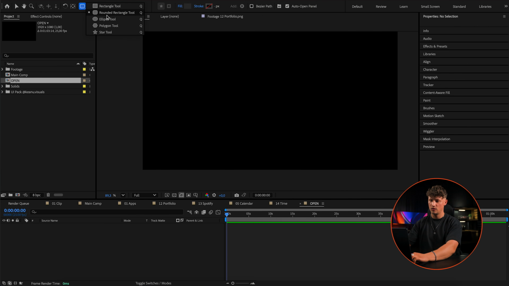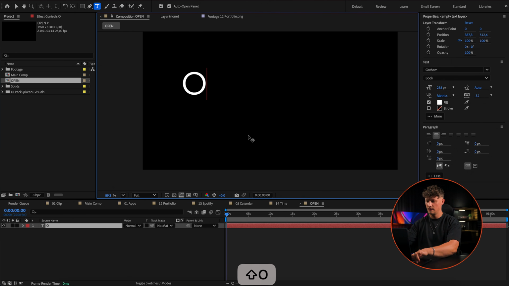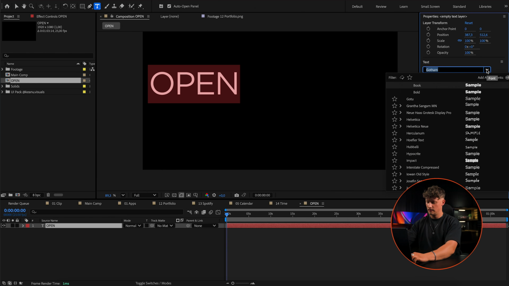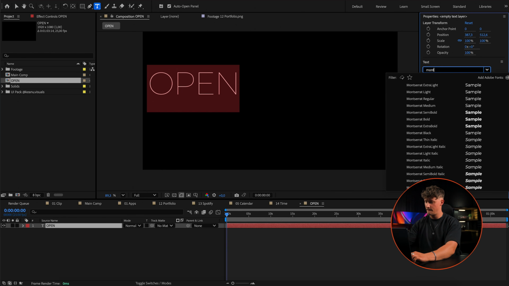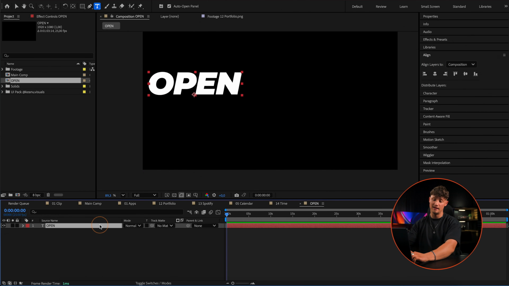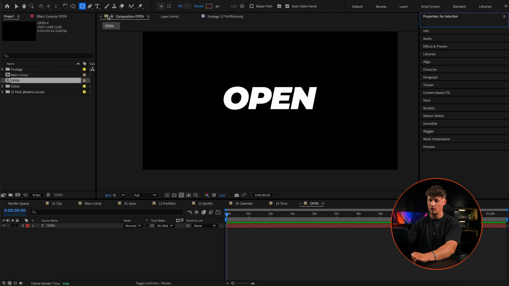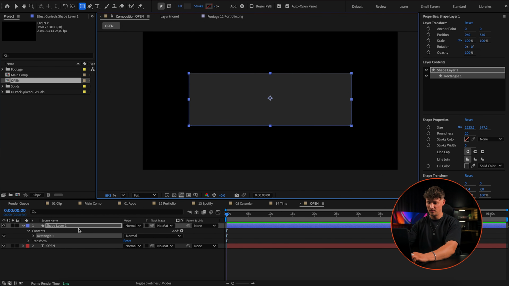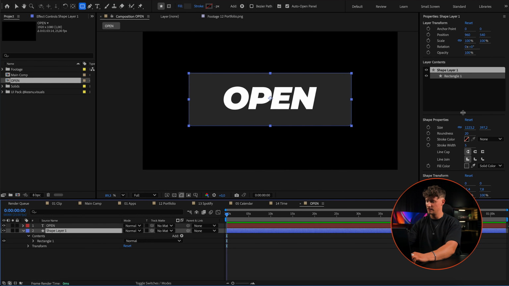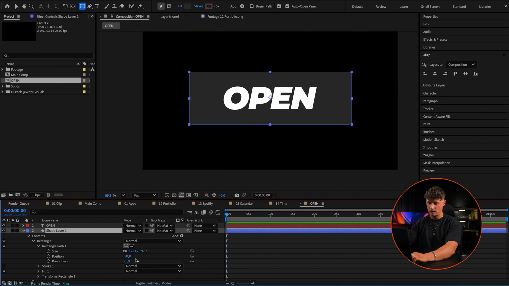And now I'm creating a quick rectangle. Oh wait, I'm first creating actually with the text tool, the text. And let's call this one open. Let's use maybe Montserrat, bold, something like that. Now here with the align tab, we can actually, if we have the layer selected, center everything. And now I'm creating a shape around the rectangle. We are in that rounded rectangle vibe here around it. Perfect. Now we can center this one as well here under align. Boom, boom. And now for that shape, I want the roundness to be around that.